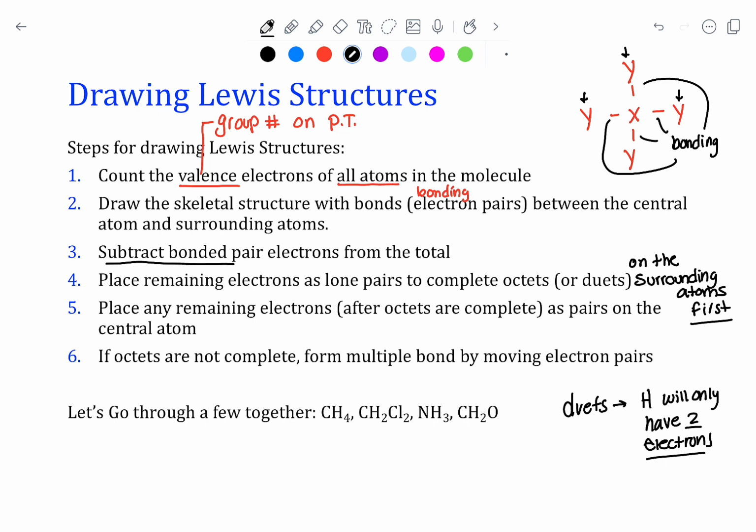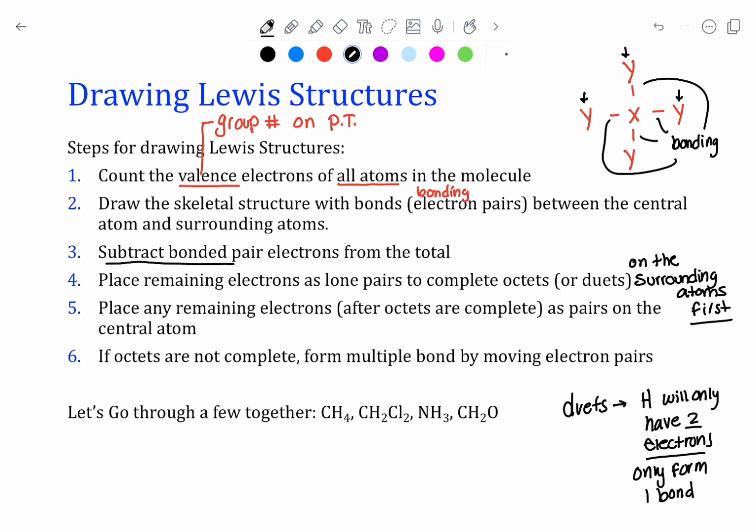Hydrogen will typically only form 1 bond. And this is just because hydrogen only has 1 proton, so it can't balance out a full octet of 8 electrons when it only has 1 proton. That would be far too negative for it, and those electrons would just repel each other and wouldn't balance well with the 1 proton. So hydrogen will only have 2 electrons